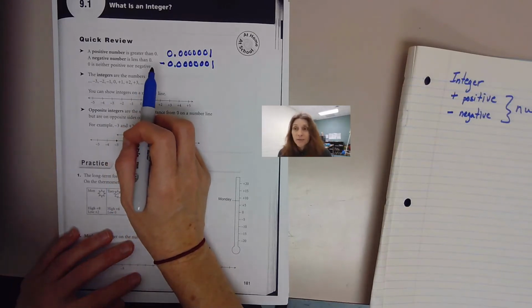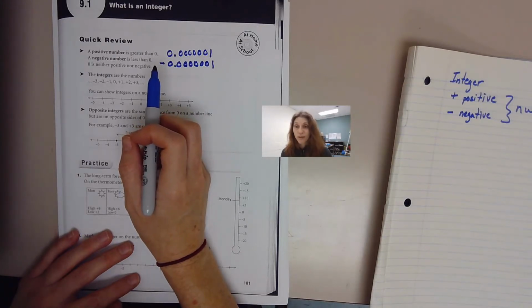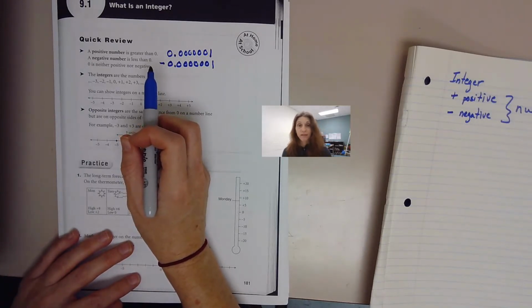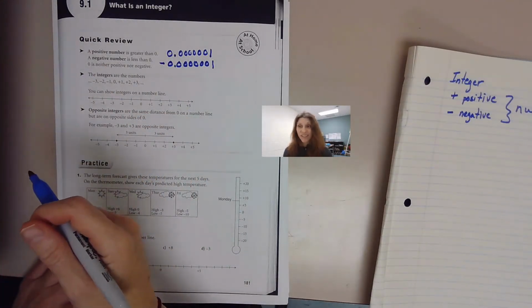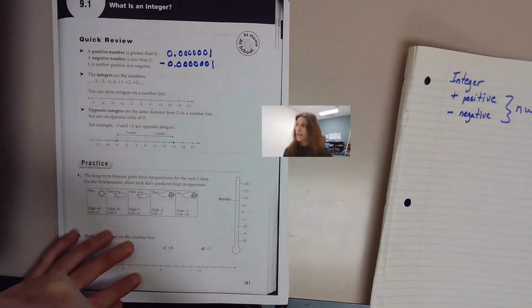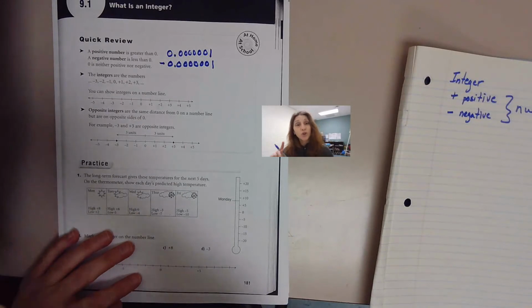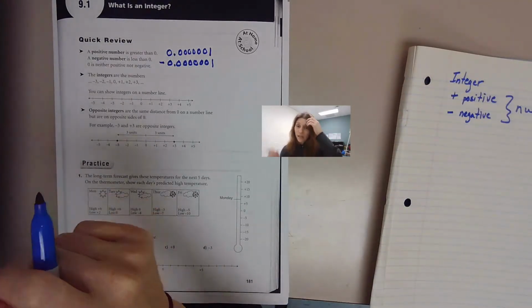It's because it doesn't change the amount of something, okay? If you add 0 to something, it doesn't change it. If you take away 0 from something, it doesn't change it. You have 4 cookies and somebody gives you 0, you still have 4 cookies. You have 4 cookies and somebody eats 0 of them, you still have 4 cookies. So 0 is a neutral party, okay? It's neutral,